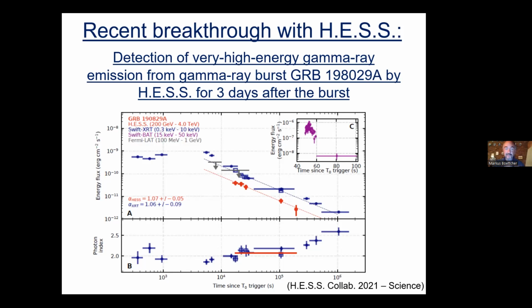Remember, these are short explosions that were known to show up in gamma rays only for up to maybe a minute or 2. So this discovery shows there's actually a long-lasting afterglow, and that the shock produced by whatever is shooting out along the jet is still producing these extremely high energy particles even 3 days later. This was a very new result that was published in Science in 2021.